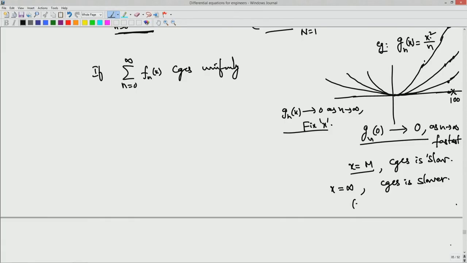But the rate of convergence, the speed of convergence, varies; it depends on x. Let us say at 0 it is a fast convergence, so let us put the speed as infinity, very fast. And at some big number, say 1000,